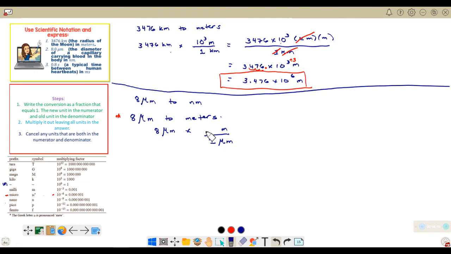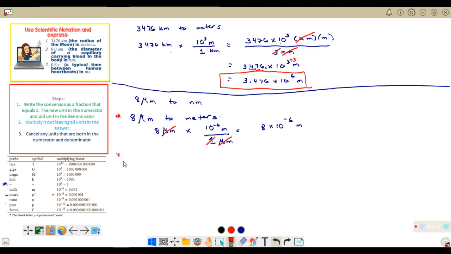So, sulat natin dito ay 10 raised to the power of negative 6. After that, sabi ko nga, skippable naman si 2. Pwedeng dito, mag-cancel na tayo kaagad. Yan. So, we will be left with 8 times 10 raised to the negative 6 meters. And from this value, let's convert it to